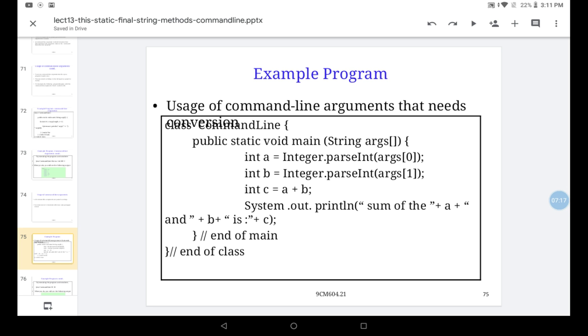See, we'll see now. In the main method there is int A, int B. Both integers A, B, even C is also an integer. So what are we doing now?